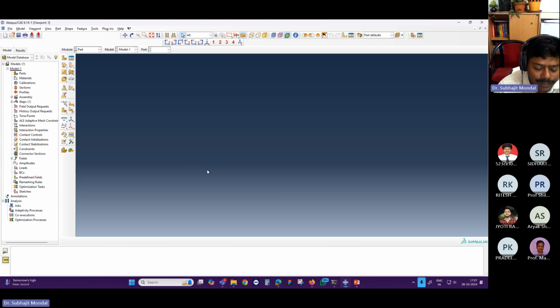In the standard software, you will observe that it has a few steps. First step is that you have to create the geometry modeling of the structure. Then we have to define the material property. Then you have to define the boundary conditions. Then you have to see how much discretization you want to do. Discretization means FEM, the finite element model. A finite element model means you have to discretize, dividing the whole structure into a finite number of elements,